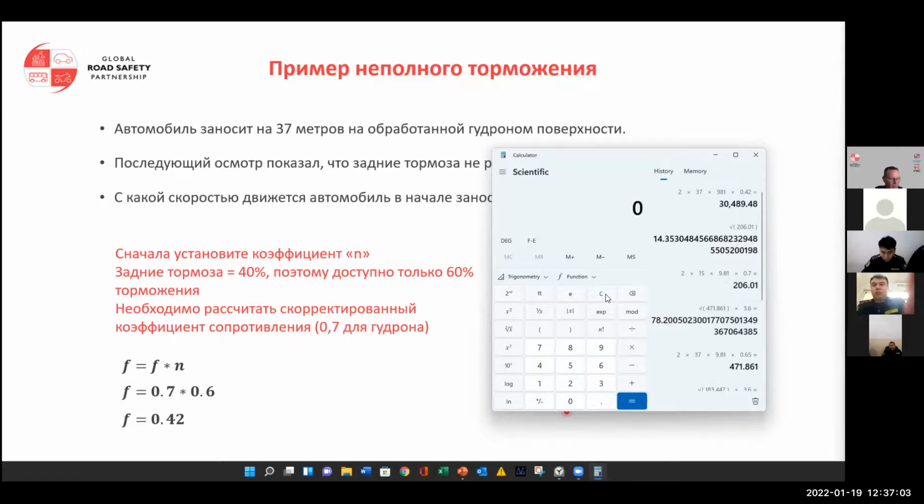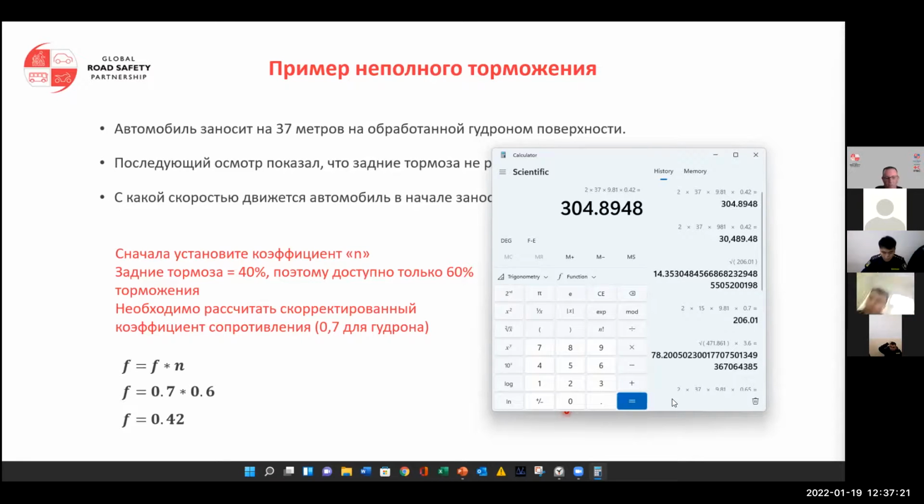Damned mouse. 2 times 37 times 9.81 times 0.42 gives 304.89. We take the square root to get our velocity,